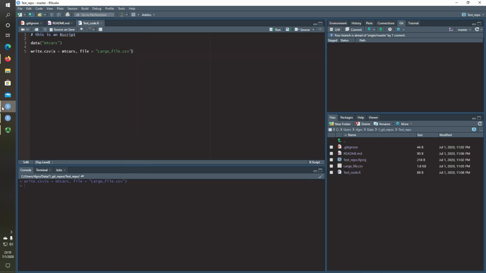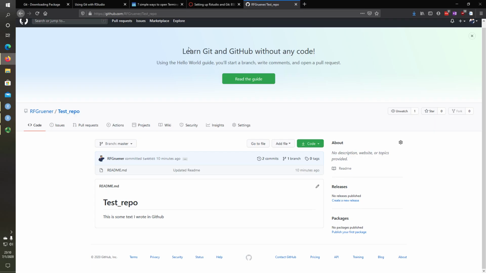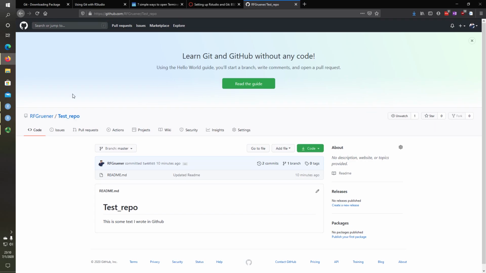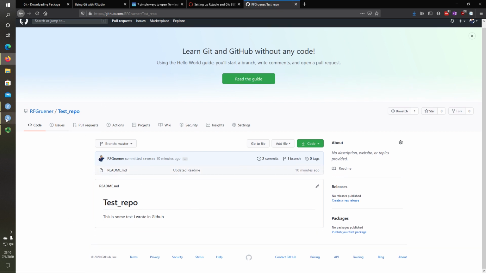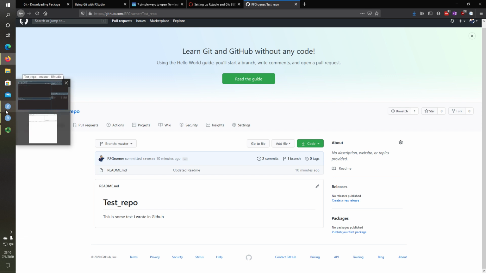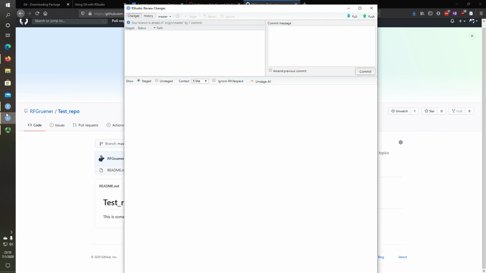And again, if I go back to this repo up on GitHub and hit the refresh button, you see that nothing else has changed. There are no more files or anything. But that's just because I committed the changes. I didn't yet cement those changes into GitHub by clicking push. So now if I click push,